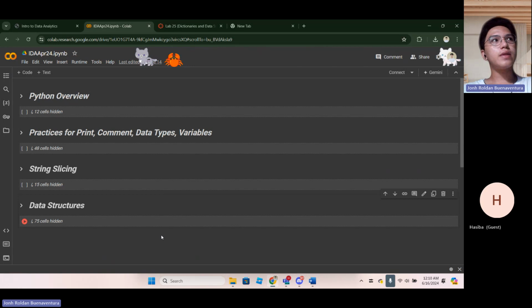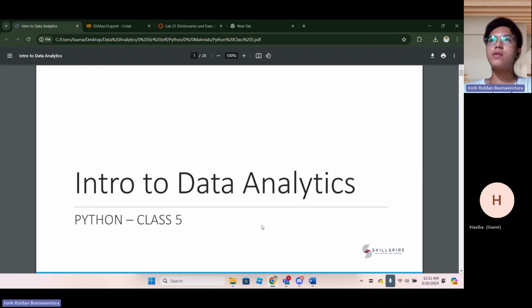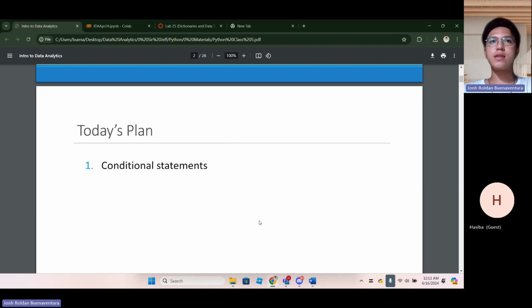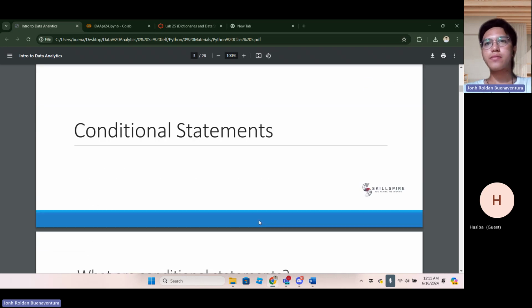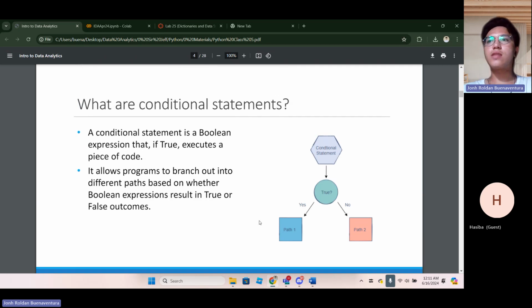So before our meeting ended the last time, we also covered some of the fundamentals of conditional statements. If you can still remember that. And remember that conditional statements, its backbone, or we can say its skeleton, is a Boolean.